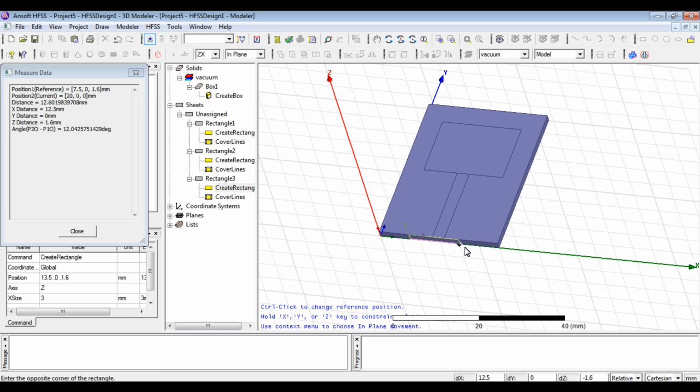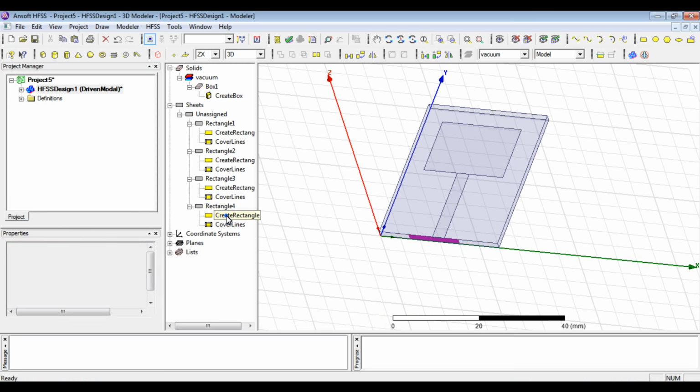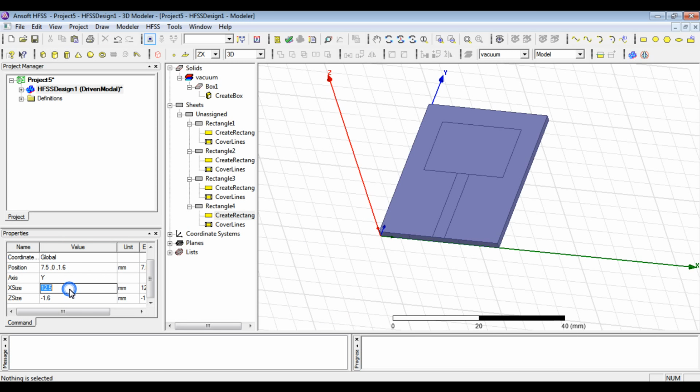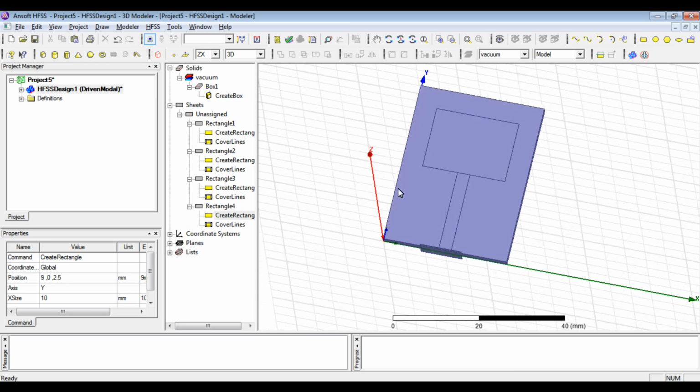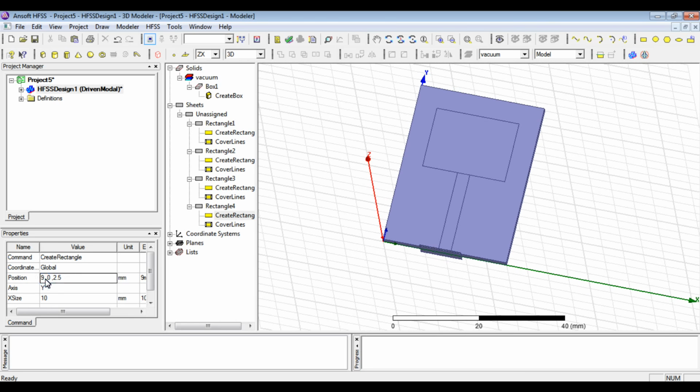So we can insert the geometry initially, and then we can change the properties of this geometry. So it should be at least 3 times in this direction and at least 3 times the size of the substrate. So we can adjust the size over here of the geometry and also in the x direction, right? So we can see the geometry that we have created is almost in the center of the feed line,